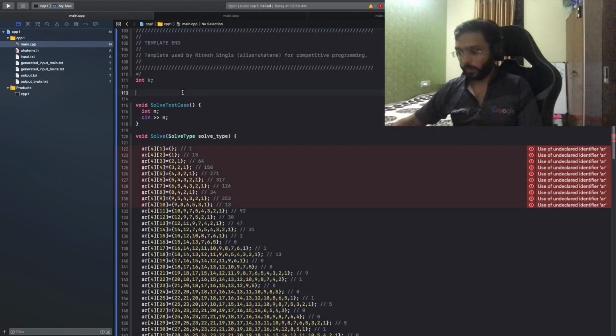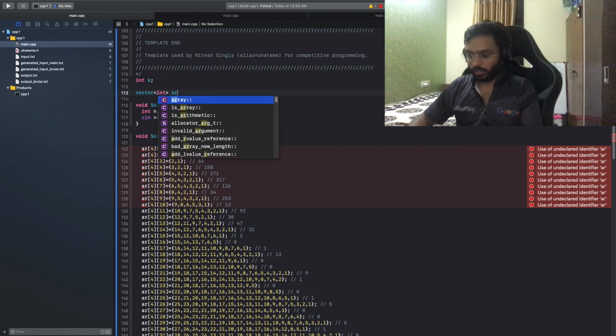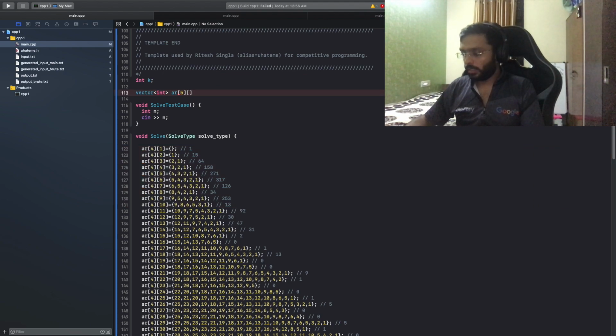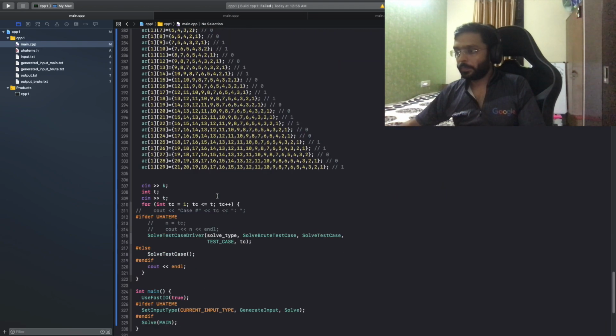So let me make a vector of int ar, where the first dimension is the number of k, and I'm keeping 5 to keep it one-based. And this, let's say 80, I think 61 is the biggest number for me.